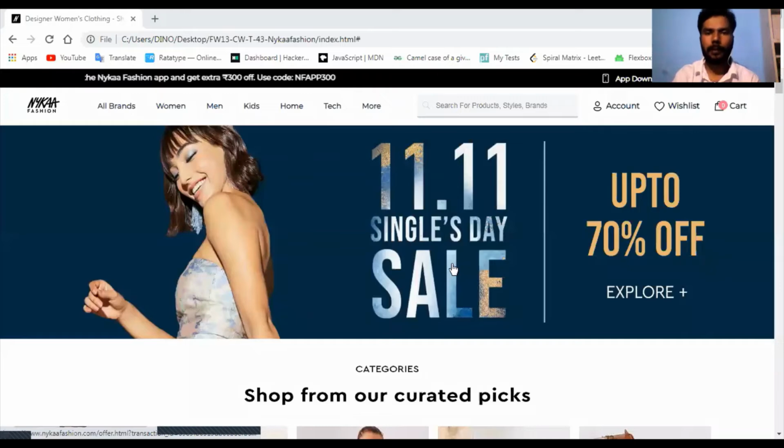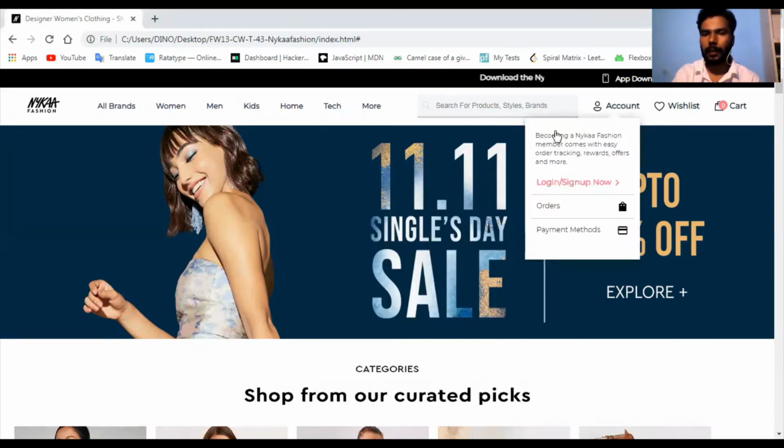Good evening, everyone. This is the homepage of our website. Here, three options: account, wishlist, cart. After clicking the account button, it will show different options: login, sign up, orders, payment method.